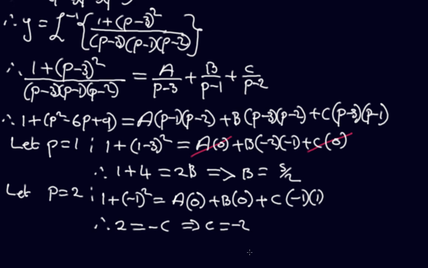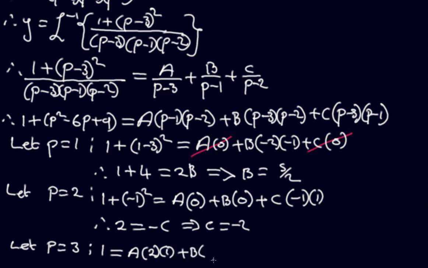Then lastly, we also have an option of letting p is equal to 3. Let p is equal to 3. When we do that, we are getting left hand side will be 1. 3 minus 3 is a 0. Therefore 1 is equal to a, 3 minus 1 means it's a 2, 3 minus 2, oh, means this is just a unit,